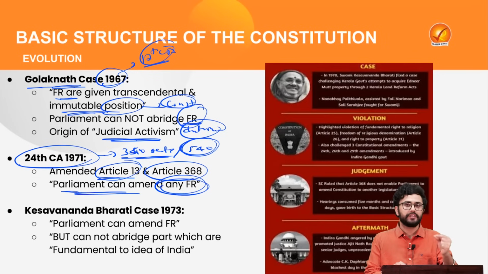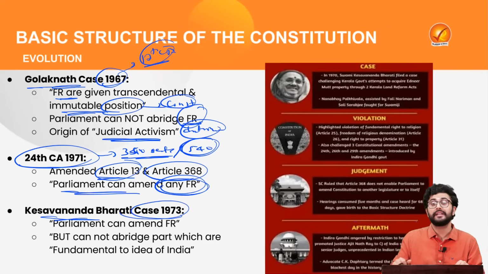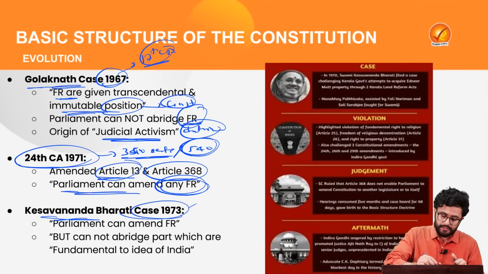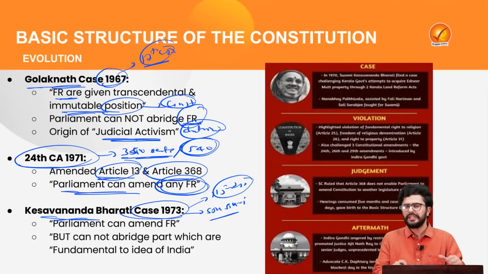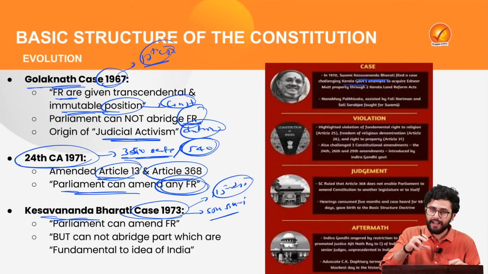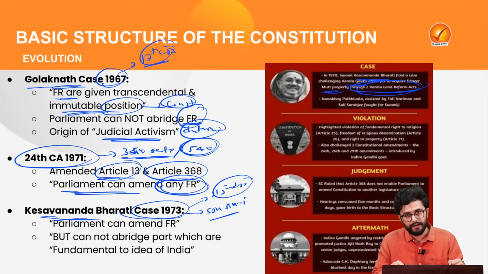Now, this act of the government was examined by the Supreme Court in the landmark judgment of the Kesavananda Bharati case of 1973, when the largest bench of the Supreme Court comprising 11 judges was constituted, and it was led by the Chief Justice of India at that time, S.M. Sikri. The case revolved around Kesavananda Bharati, who challenged the Kerala government's attempt to acquire his mutt property through two Kerala Land Reforms Acts.